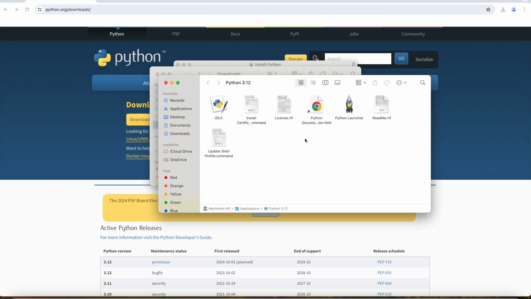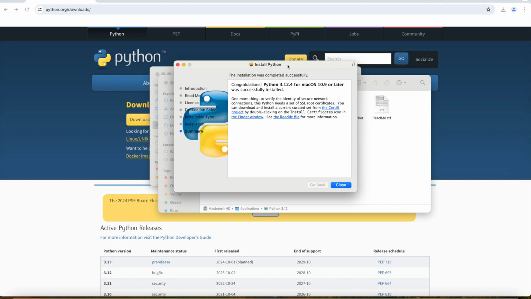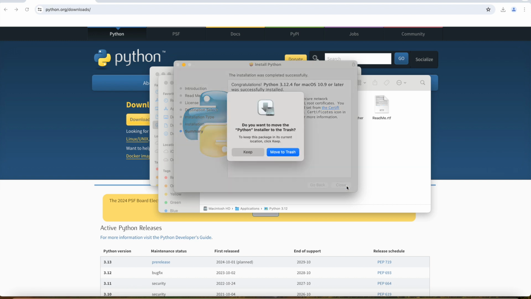Once the installation is complete, this window will pop up showing all the downloaded files. If we go back to the installer, we can see that it says the installation was completed successfully. Now you can select Close, and if it asks you to move the installer to the trash, you can do